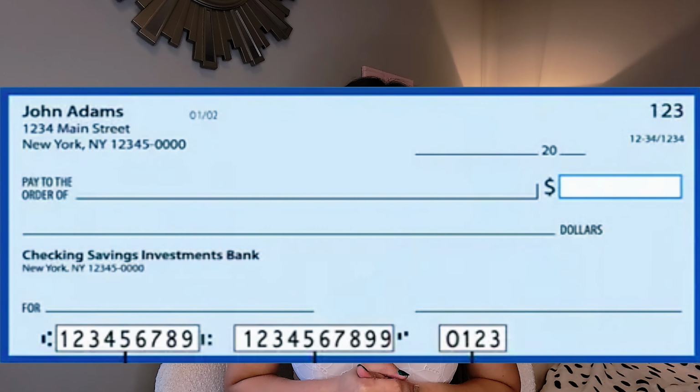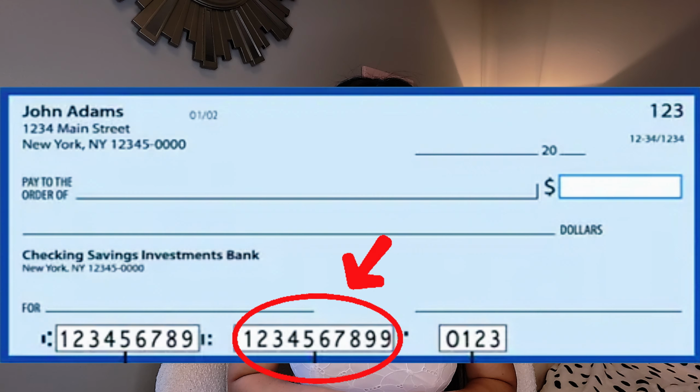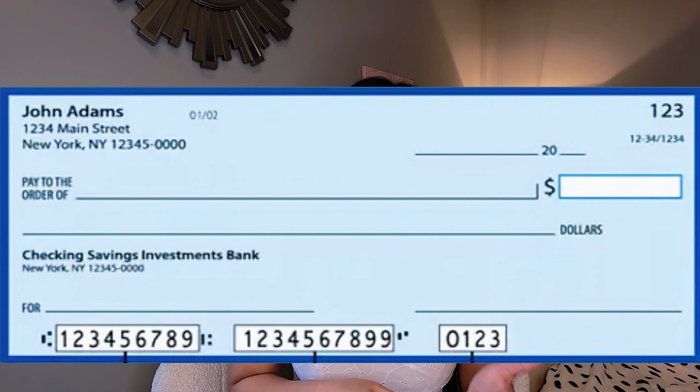You need to call your bank before you submit your application. So here's another example on how to find your routing and your account number, because it will ask on the form G-1650. This right here is your routing number, and then this is your account number, and then your check number. Those are the numbers that you need to provide when you fill out form